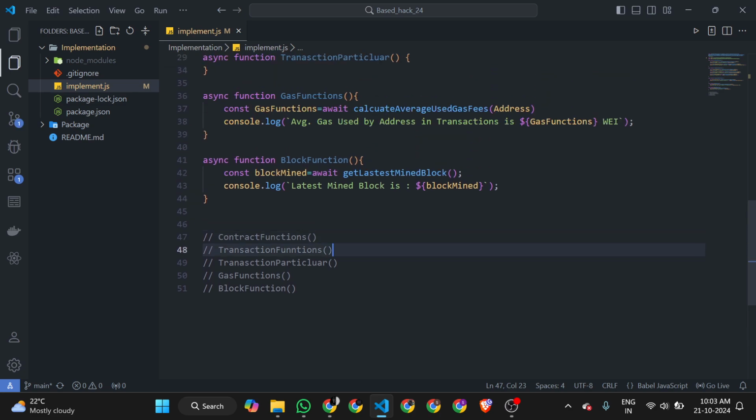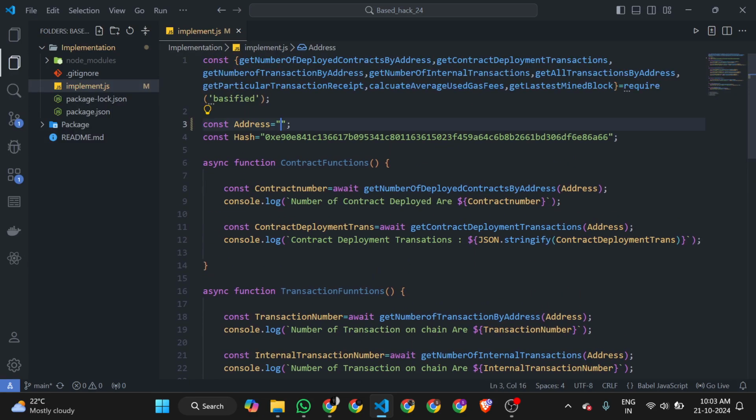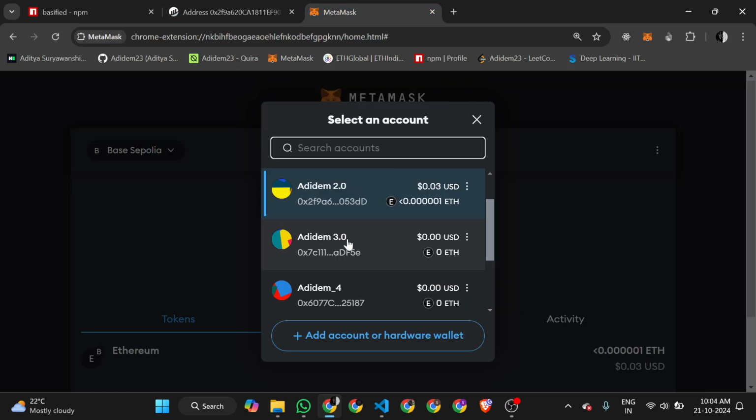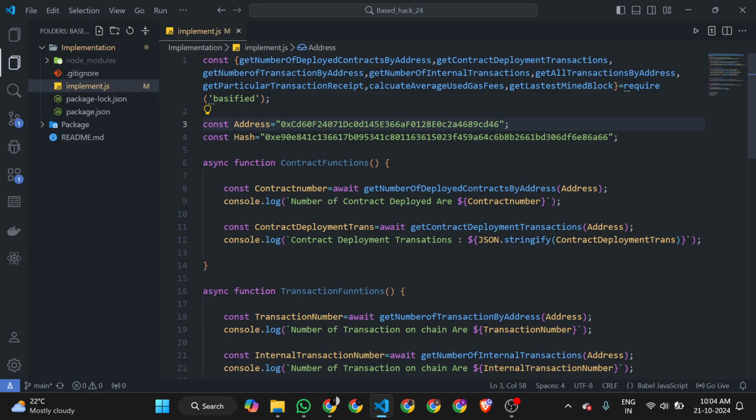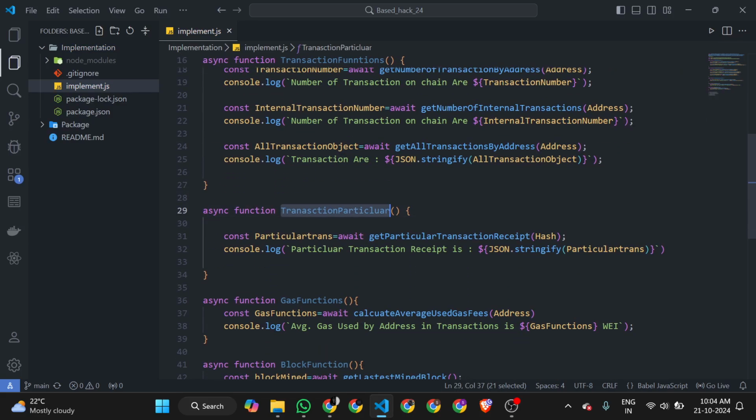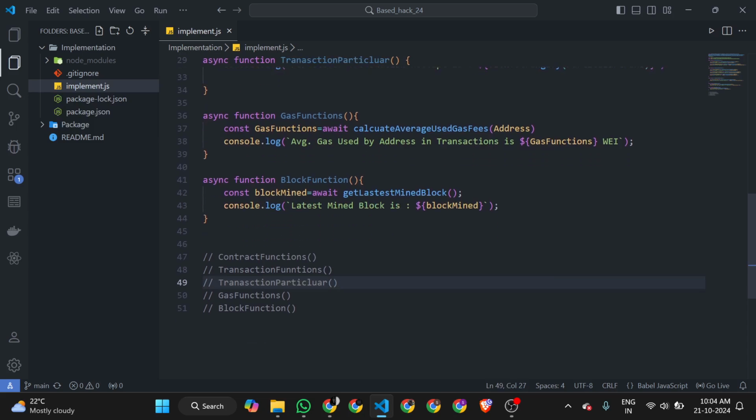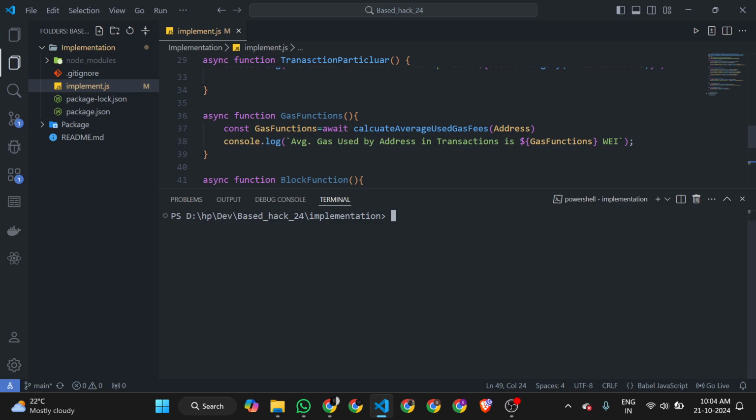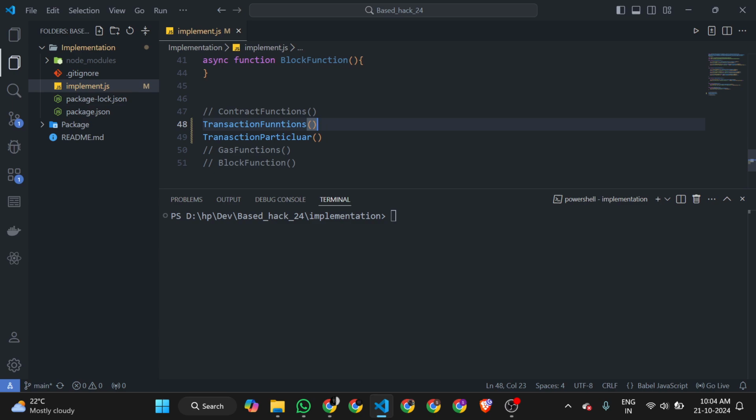Now as we get the transactions, let me change this address to this one because it has one contract deployed and we can see the things more clearly. So let me change this address out here in the script. I have taken this transaction hash, and you can see the next function is getting the particular transaction. This function generally gives the transaction script of a particular transaction. Now let me run the previous function also,